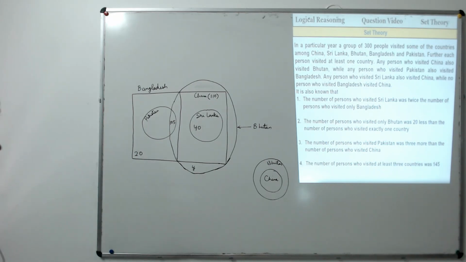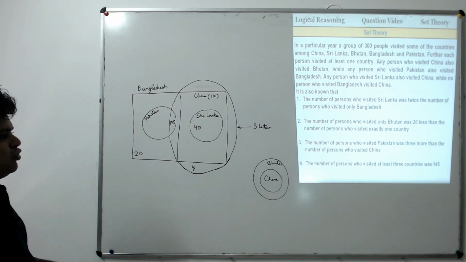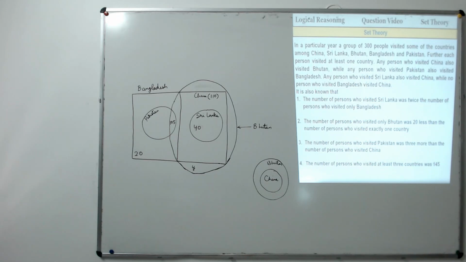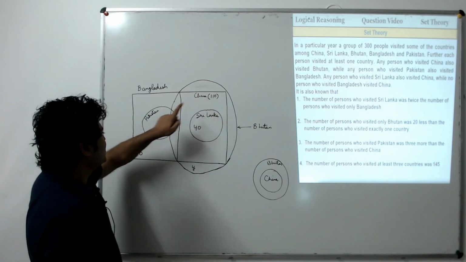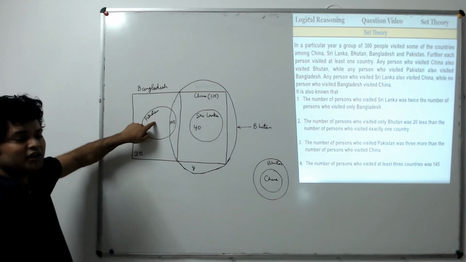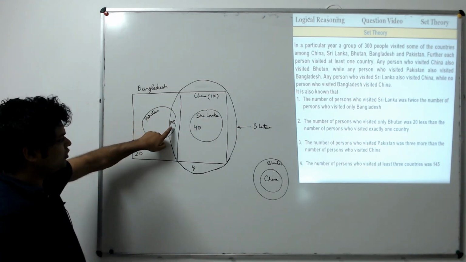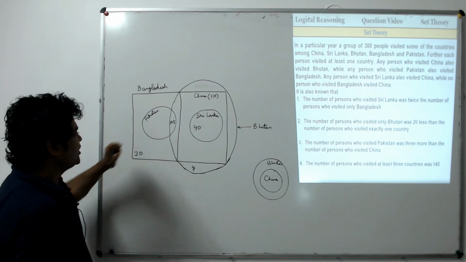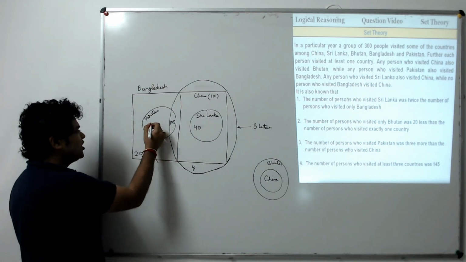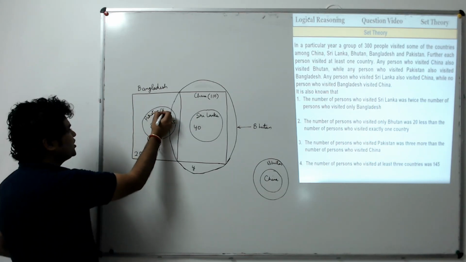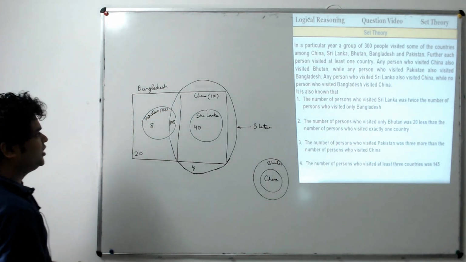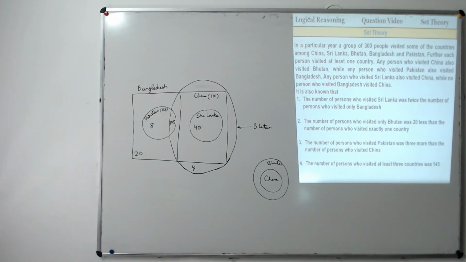the number of persons who visited Pakistan was 3 more than the number of persons who visited China. So China 110 people visited, so Pakistan 113 people would have visited. Out of which 105 is here, so we can say that 8 people visited only Pakistan and Bangladesh, and total people visiting Pakistan is 113. Now,